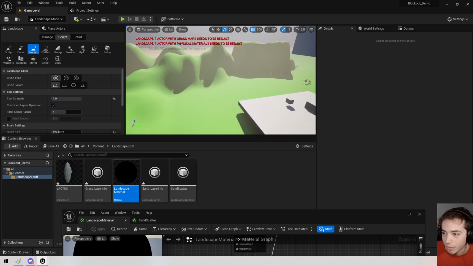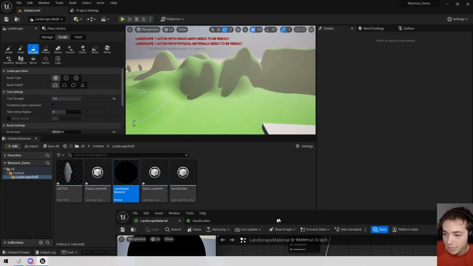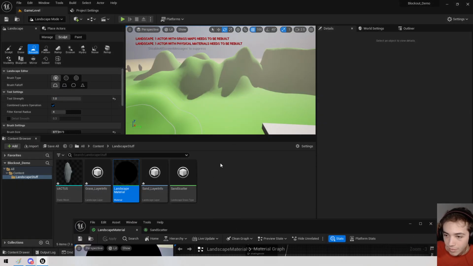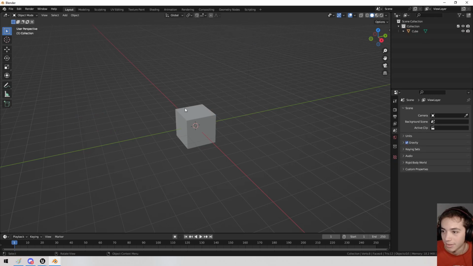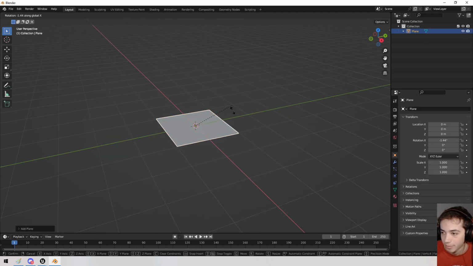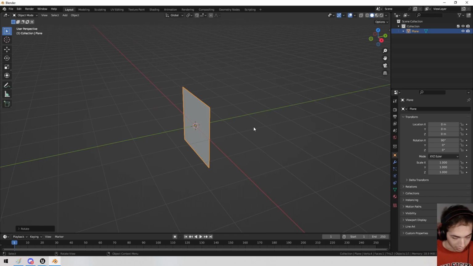So if we wanted to create more of a grass effect, we would use a plane, right? Like if I go to Blender and I just export, oh god, come on Blender. Blender actually has a much longer startup time than it used to. Here we go. Maybe it's just not on my SSD. So if we export a little plane like this for grass,